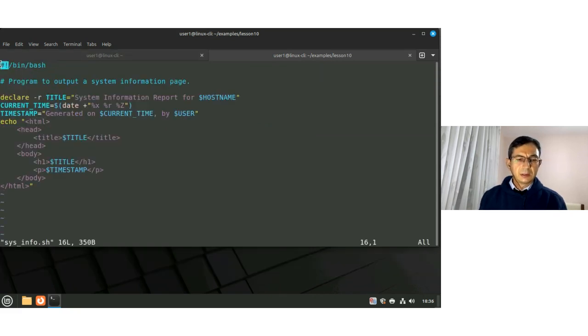So this is the shebang, and it is telling the system which program it should use to interpret or execute this script. This is starting a comment, and this comment says: program to output a system information page. So this is what this script is doing. And here we declare a constant, declare read-only, and then the name of the variable, system information report